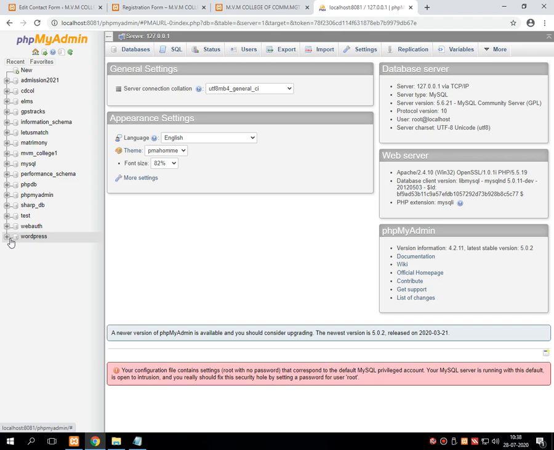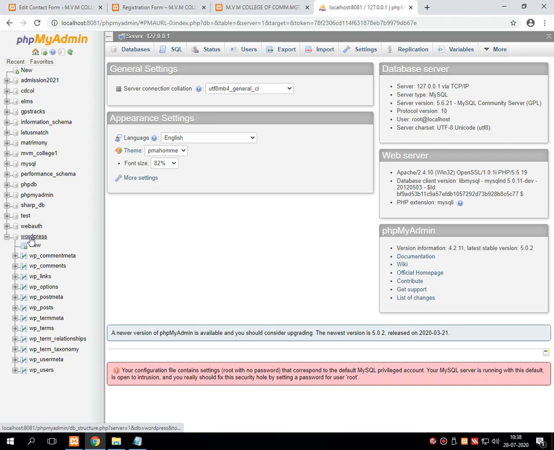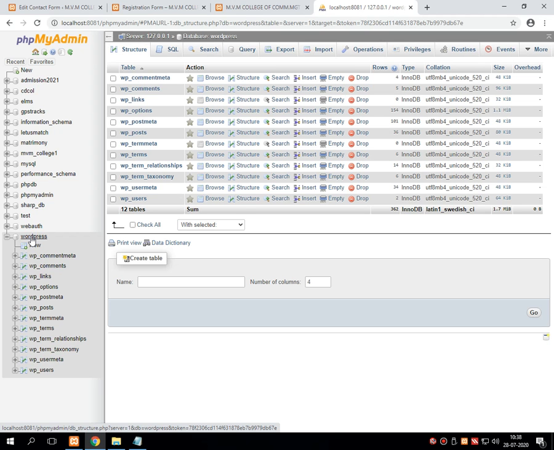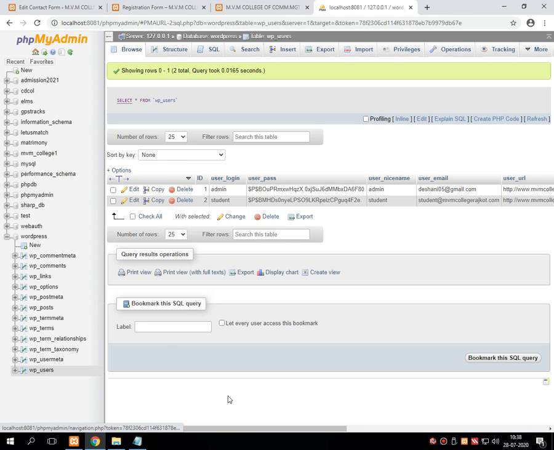In PHP My Admin, there is a WordPress database we have created. In that WordPress database, there is a WP user table.